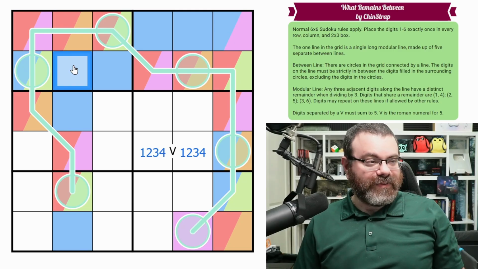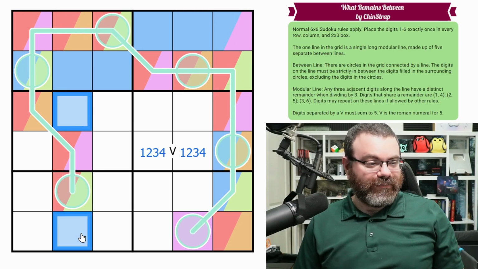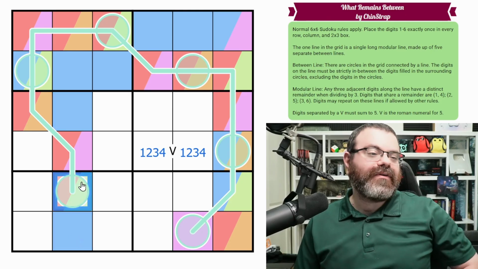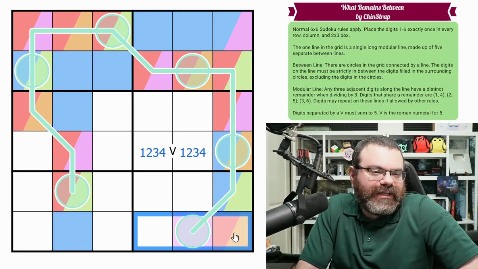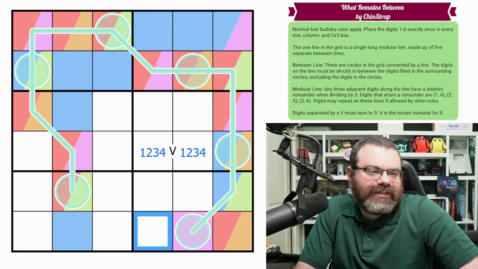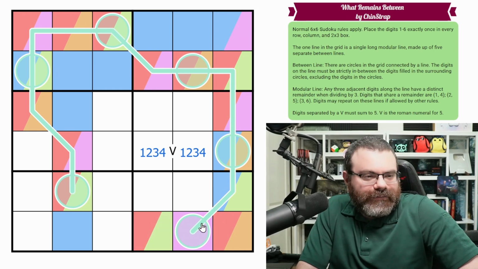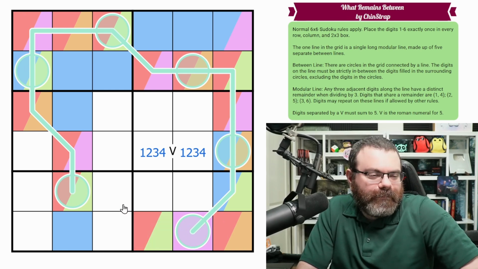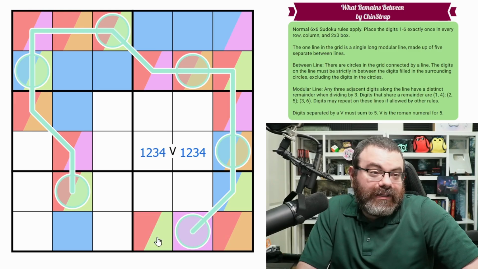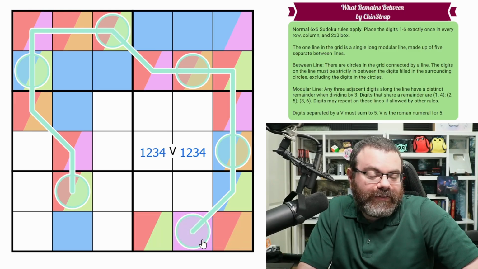Well, this can't be the green, but either of these could be. I've got a red green down here. So this green has to go down here somewhere, but these aren't green. So this is our red green. So red green's one of these. I'd really love to have both reds or something, but